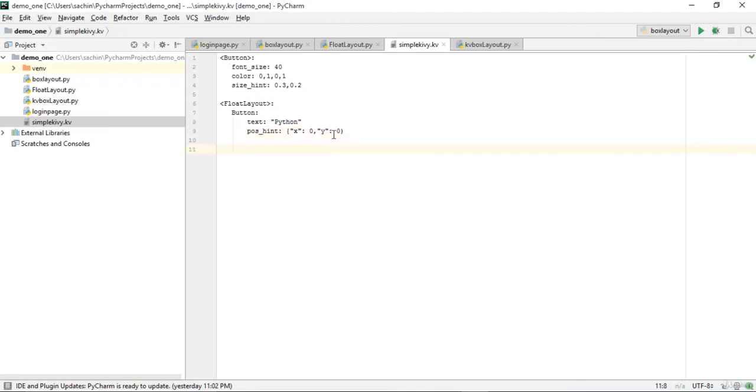So let's define another button that will be inside this float layout, and let me just grab this button over here, and let's define this button with text. So first let's give the indentation label over here, and let's define this text as kiwi. Let me say kiwi over here, and it should also have the position hint. So let's give the position hint, and this position hint here should be right and left.